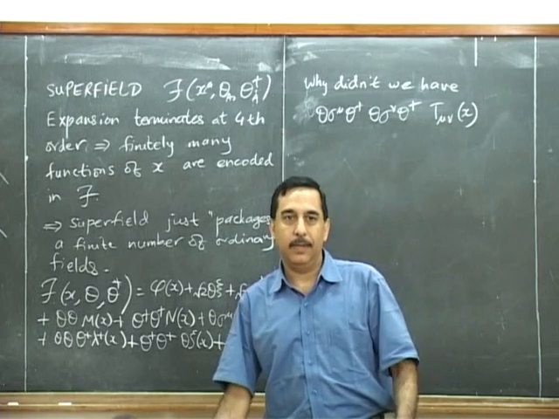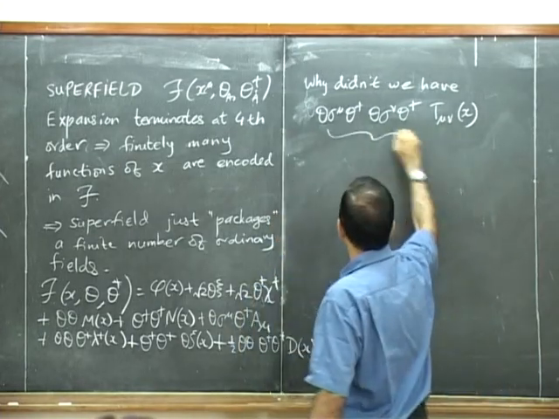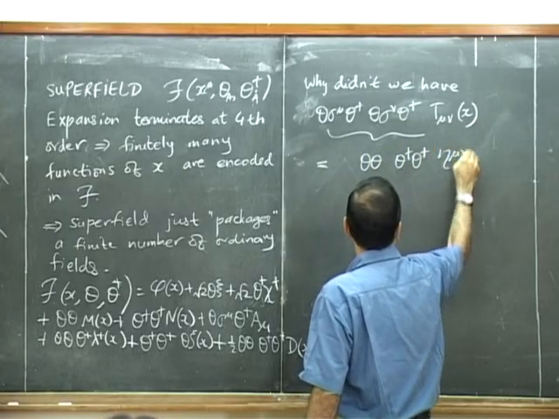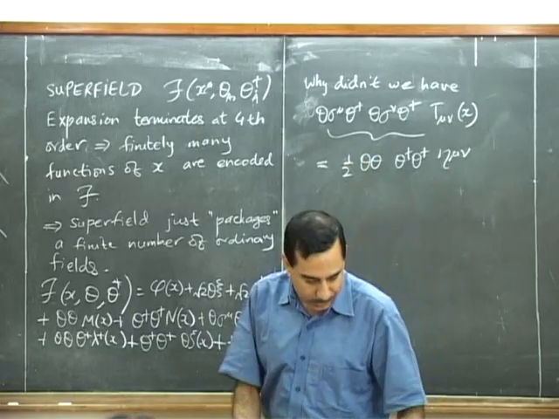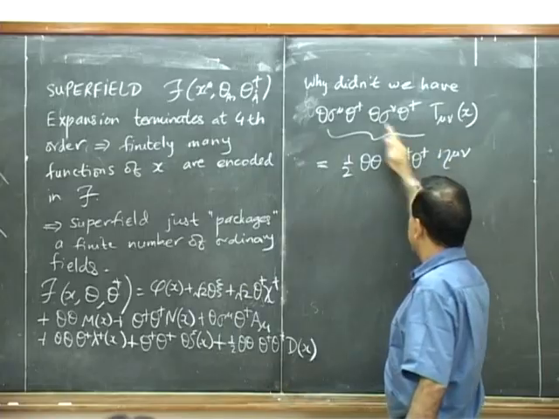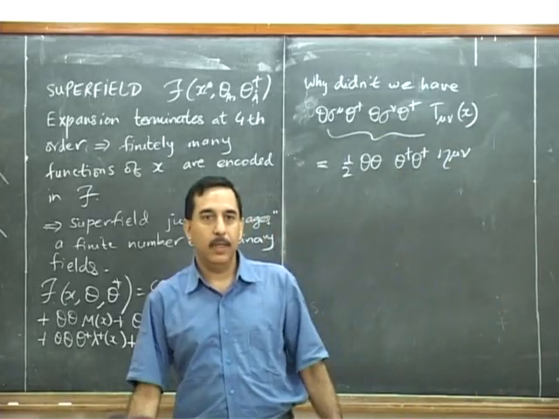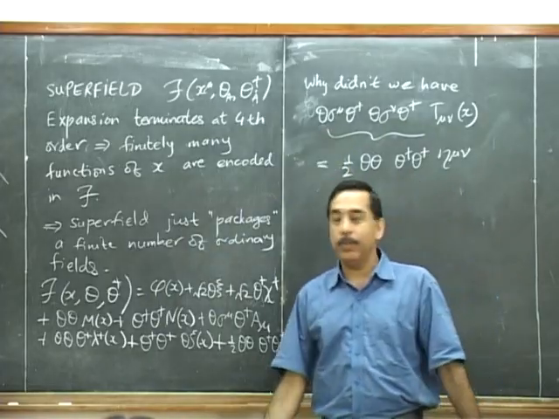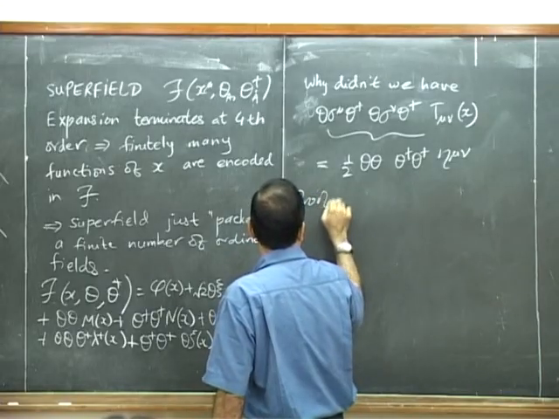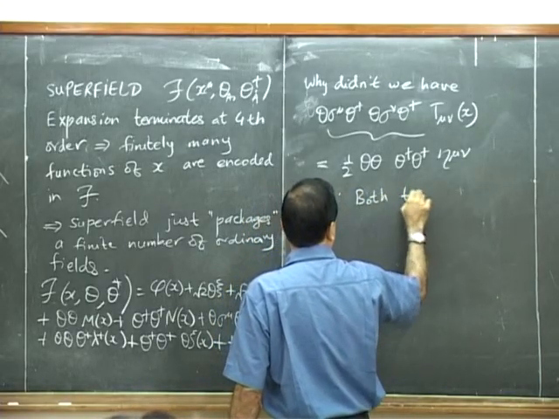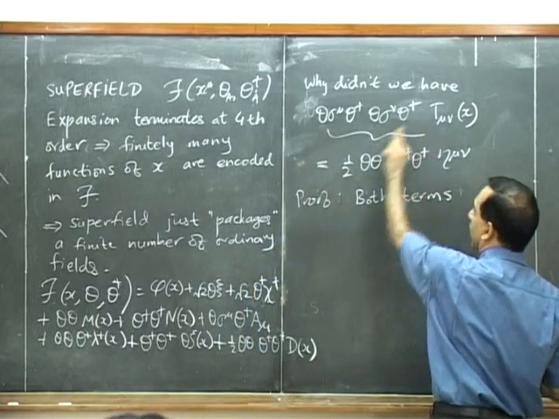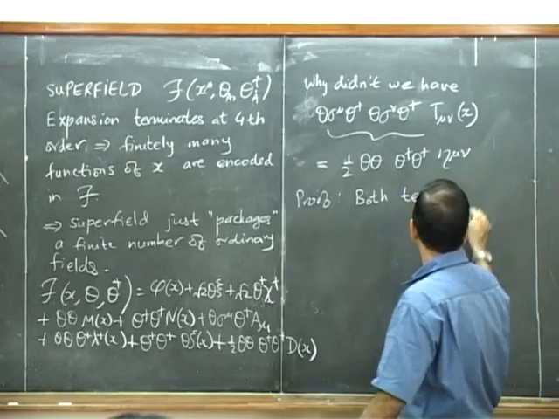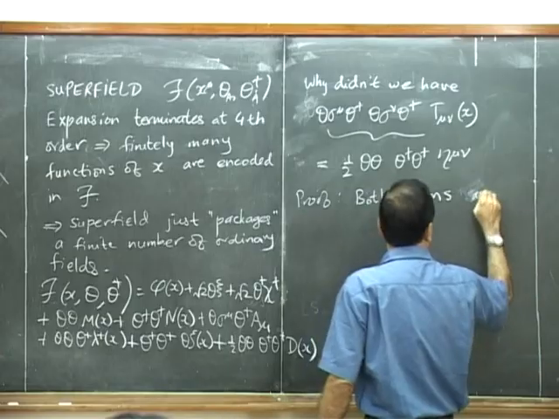That's the answer. Okay. The answer is that this term is there, however this happens to be equal to theta theta, theta dagger theta dagger, eta mu nu with a factor of half. This is actually an identity. It's an almost obvious identity because both of them having 4 thetas must be proportional. So let's see the proof. By both terms I mean this one which looks like a tensor and this one which is actually a scalar times the simple tensor eta mu nu. Both terms are proportional